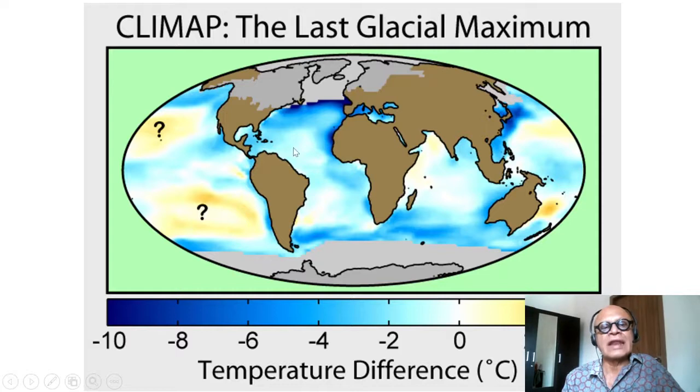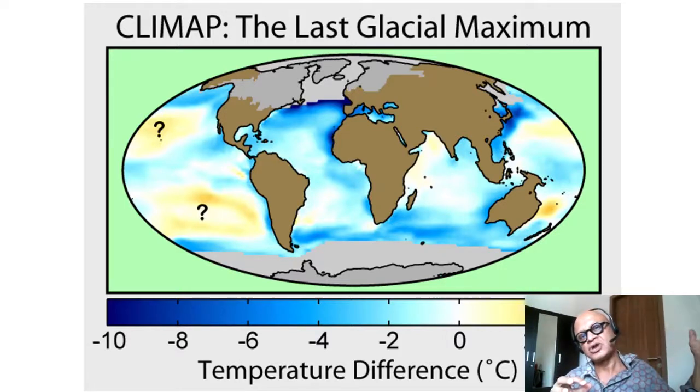So this is called CLIMAP. It was a reconstruction of the last glacial maximum sea surface temperature anomalies with respect to the modern times. The last glacial maximum happened around 21,000 years ago. The last ice age started to build up during the Eemian 130,000 years ago. It slowly built up, reached its maximum around 21,000 years ago, and then it started to